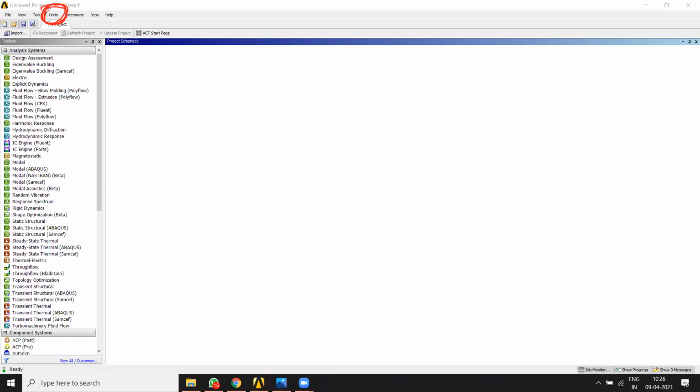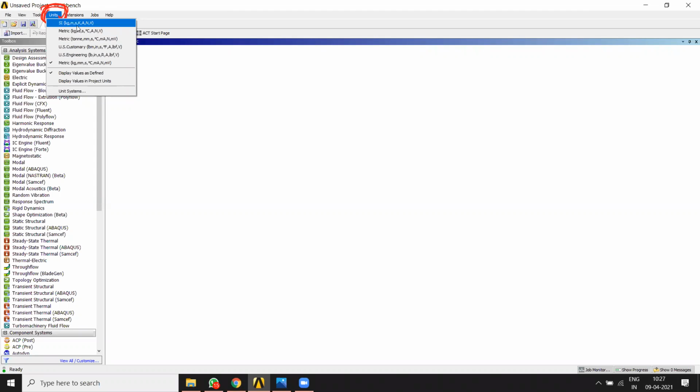Here is an advantage of using Workbench: unlike APDL, where we don't have a facility to deal with units and manually had to convert all the units, in Workbench you can have a unit system for a particular project. So go to Units and select the desired unit system. Generally, us Indian mechanical engineers deal with the metric or SI system in which the dimensions are given in mm.